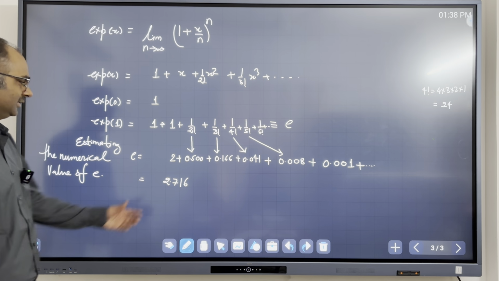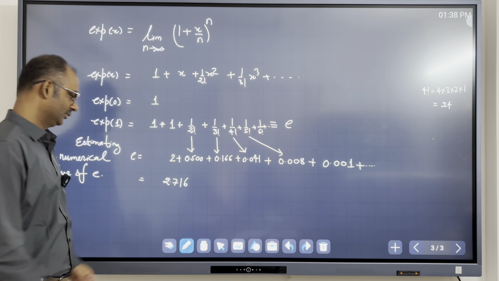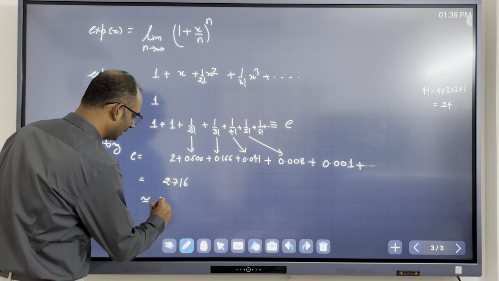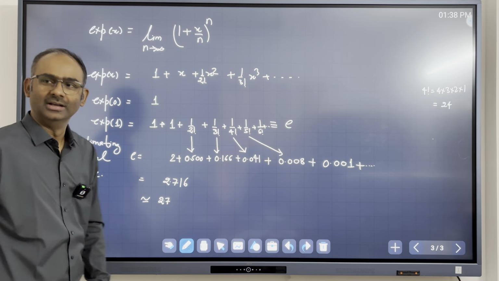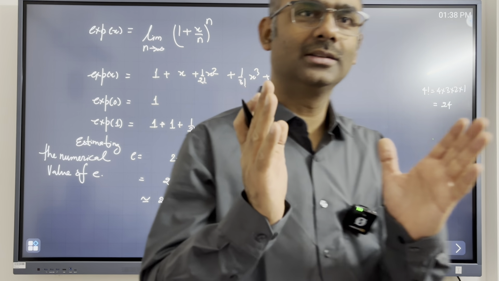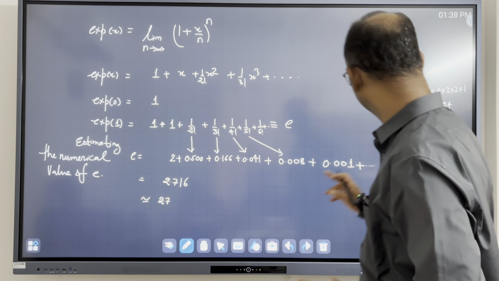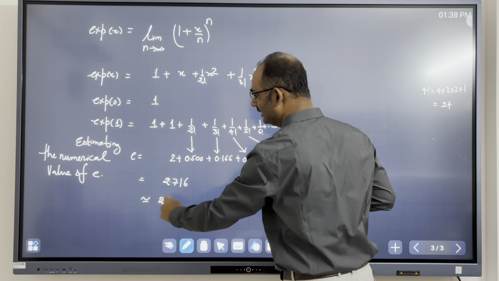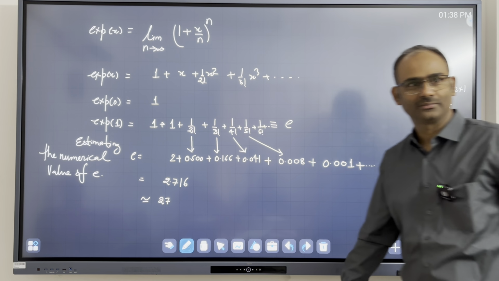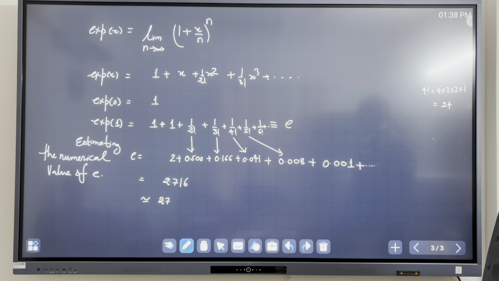So let's stick with this number, 2.7. So it's approximately 2.7, a little more than 2, a little less than 3. It is between 2 and 3. So this number E is between 2 and 3. Good. So I know some things about it,